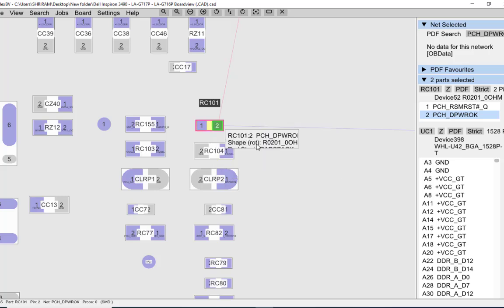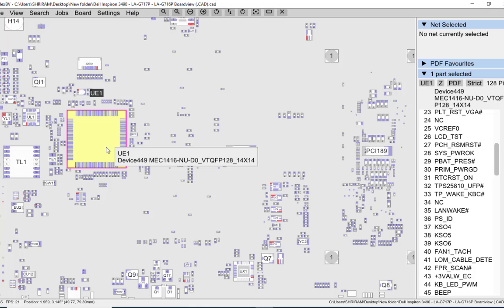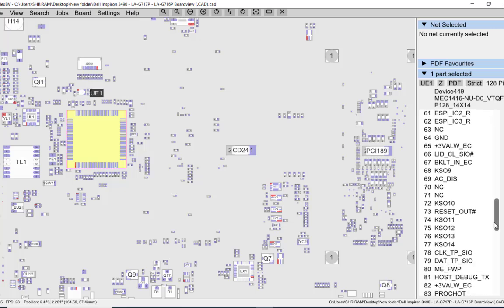Now after DPWR OK, the CPU has got all the information: the CPU got the power, the CPU got RSMRST, the CPU got the power button and the RTC section. Then the CPU has to respond, and the CPU sends two signals called SLP_S3 and SLP_S4. And these two signals we can check on the SIO. Now where is my SIO? Here is my SIO. We can search here. Where is SLP_S3, SLP_S4? Scroll down,